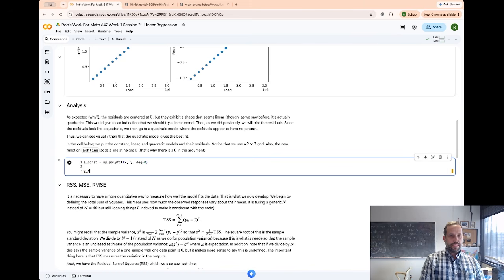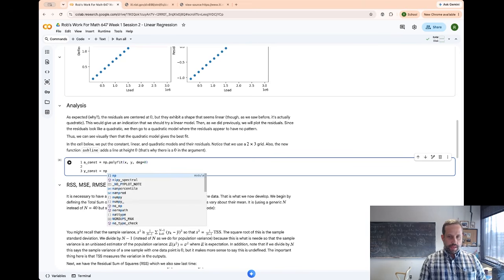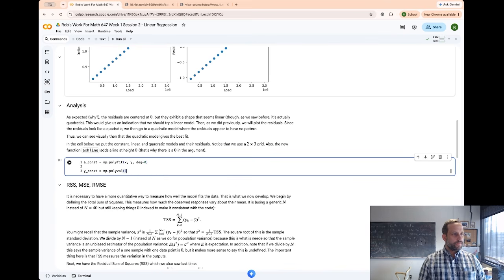Okay, and now I'm going to come down here and I'm going to get predictors. So y constant. Okay, so here's a really cool thing that we can do. We'll see one way to do what we need to do in this class, and then next week we'll see another way that we can do this. But what we're going to do is the following. We're going to say np dot polyval, and we're going to give it a constant and then x. Okay, so what is this doing? So a constant,